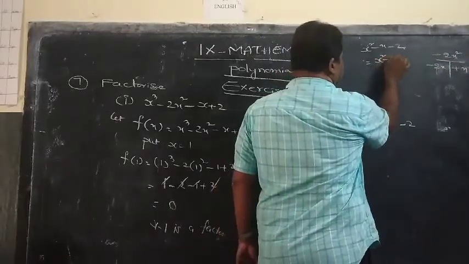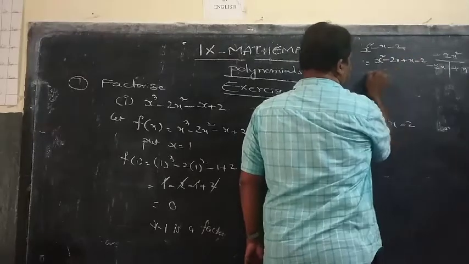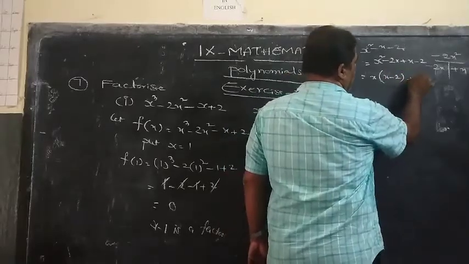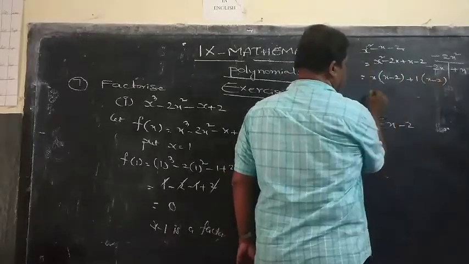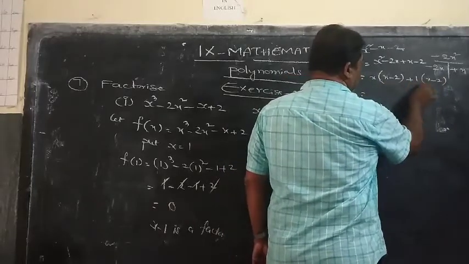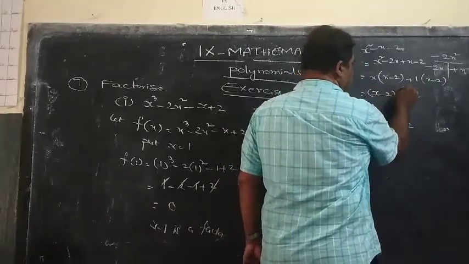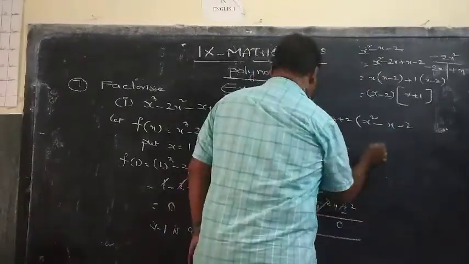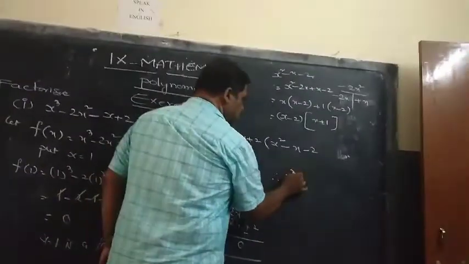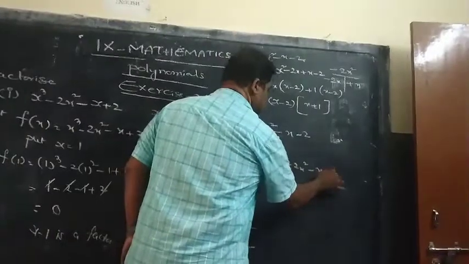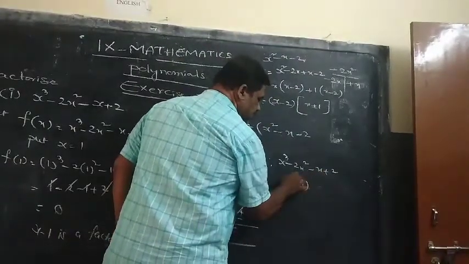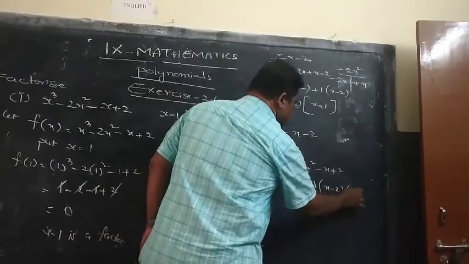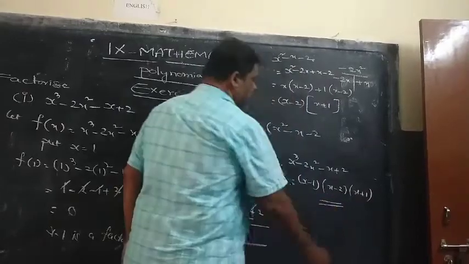Therefore, the factors are x square minus 2x plus x minus 2. Here in these 2 you can take x common, so x minus 2. Here you can take 1 common, so that again you will get x minus 2. Now x minus 2 is present in both. You can take x minus 2 as common. Then inside you will get x plus 1. So like this, the given polynomial x cube minus 2x square minus x plus 2: one factor we got is x minus 1, and the remaining 2 factors are x minus 2 and x plus 1. Like these, 3 factors we have to find out.